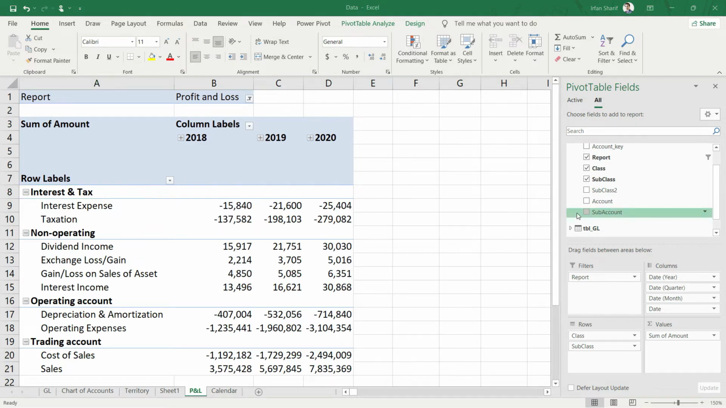But one problem that you must be noticing is the structure. So our P&L is structured in a way that the trading account appears on the top. I mean, sales and cost of sales appear on the top. That is followed by the operating account and the non-operating and then interest. So we need to fix this sorting option, and this is going to be a little tricky, but in the end this is possible. And for that I will simply click here on this trading account,